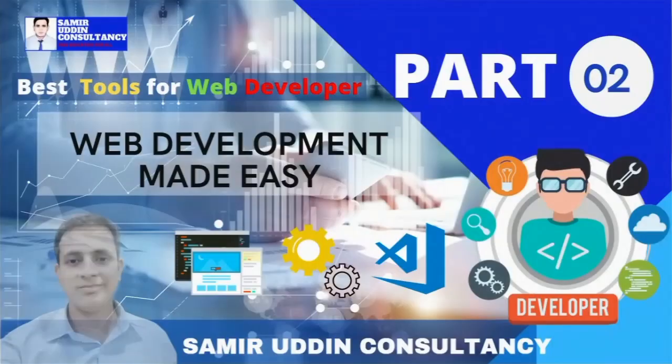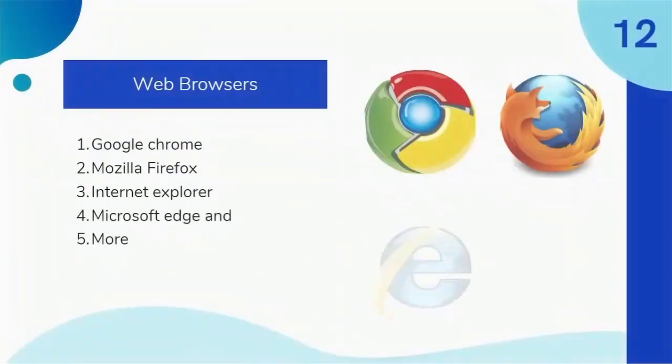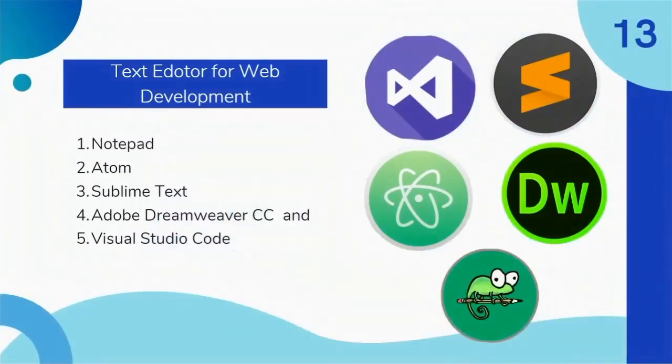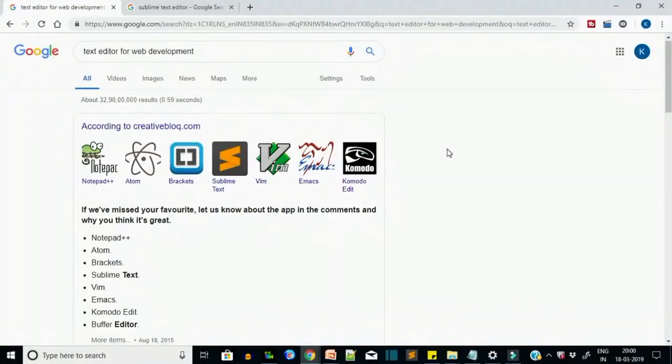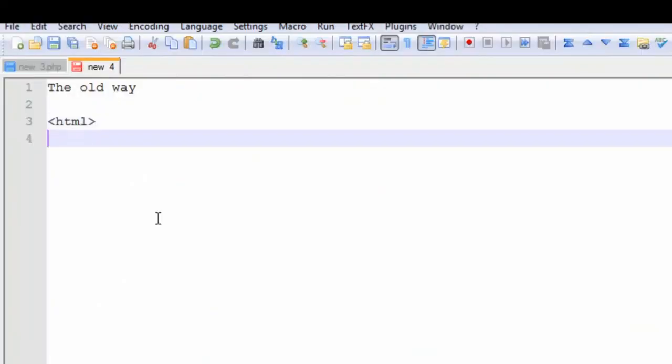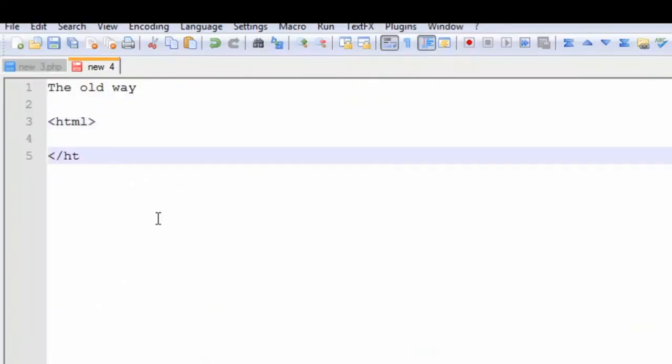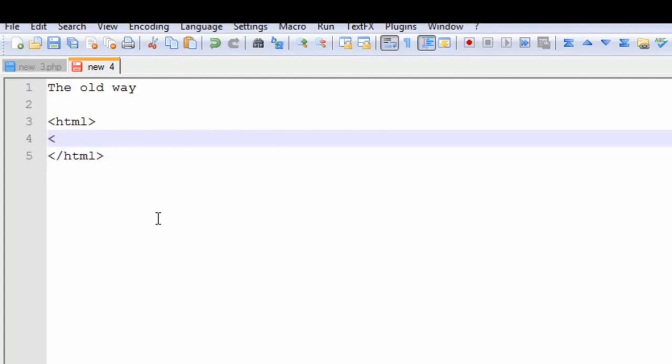Now talking about text editors, there are many text editors like Notepad, Atom, Sublime Text, Adobe Dreamweaver and Visual Studio Code. I want to suggest using VS Code, but if you are a beginner in programming, then you should use Notepad for a month to remember the syntax properly.